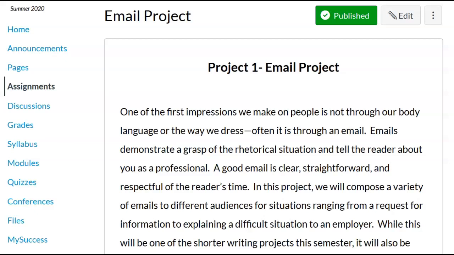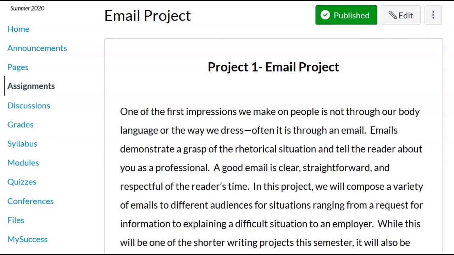Hello everyone. I wanted to take this opportunity to walk you through the email project, which will be the first major project that you complete for this course. In essence, what I'm asking you to do is something that you already know how to do: write some emails. However, emails are often the first opportunity we have to make an impression on somebody, and written